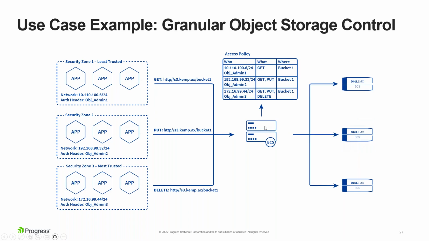Another sample I have here, for example, is storage. You have certain security zones again with specific auth headers or specific network ranges. They can use certain options, so they can do a GET request or a PUT request or even a DELETE request, right? And this is all limited to where they come from, what kind of rights they have and so on. And the load balancer decides you can do that or you can't. So that's also pretty nice.